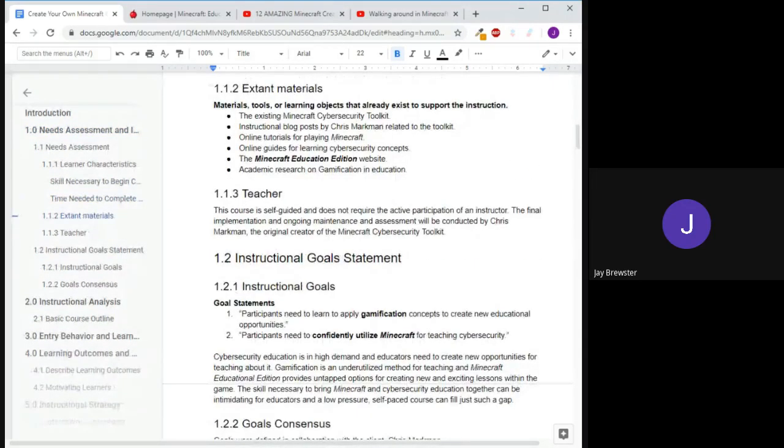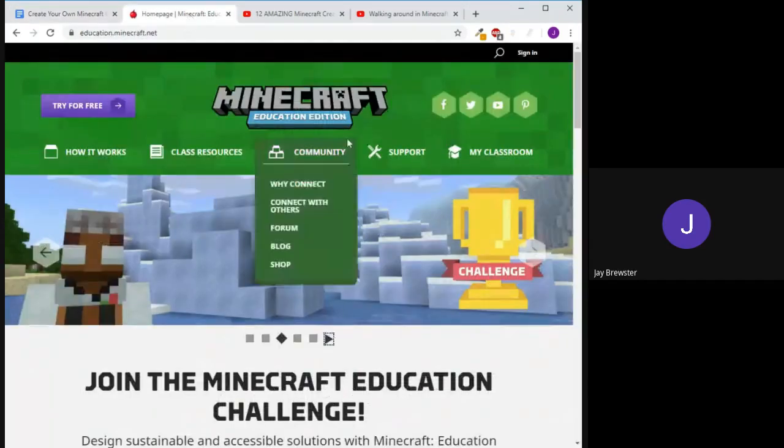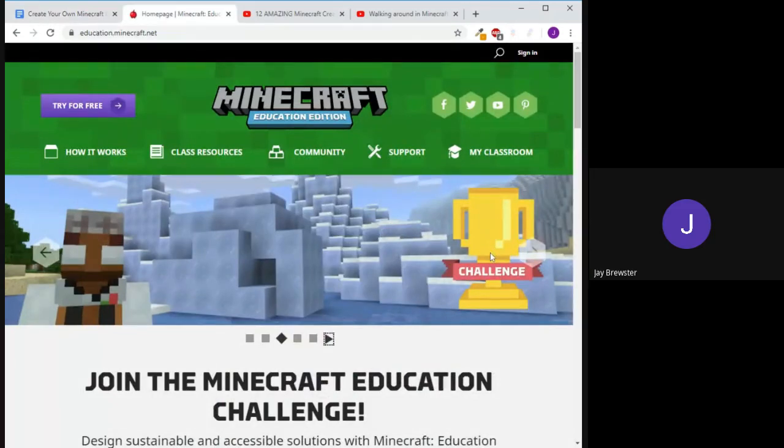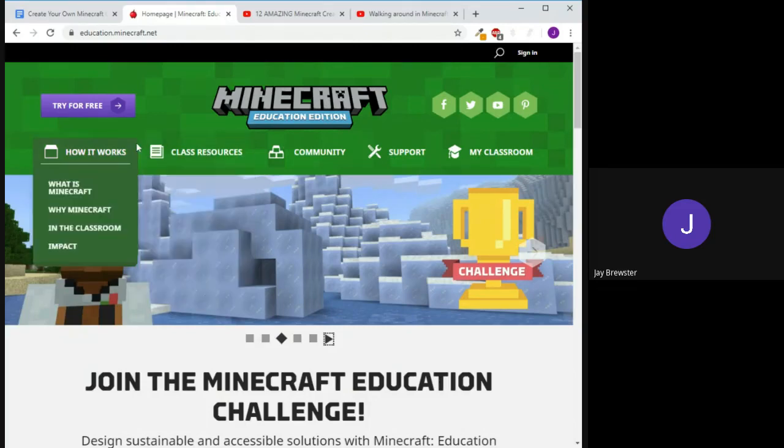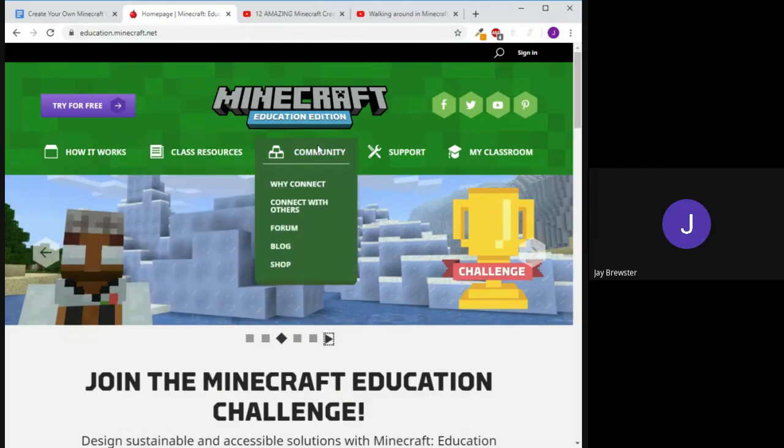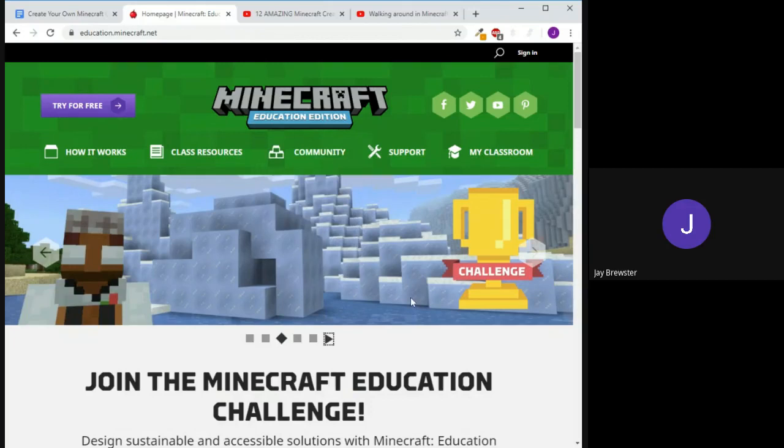There are a variety of materials that people will be able to use. Really key and important to that is Minecraft Education Edition, which is a site set up by the creators of Minecraft that is specifically focused on using the game to teach people. It has a variety of resources and tutorials. It has an active forum and ways to meet other people and see what they're doing. It has lesson plans. It has all kinds of stuff. So this is going to be key to what we use to teach our course.